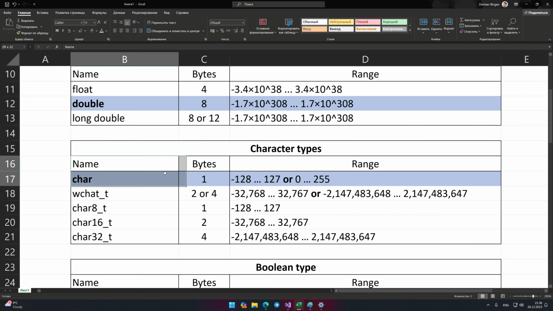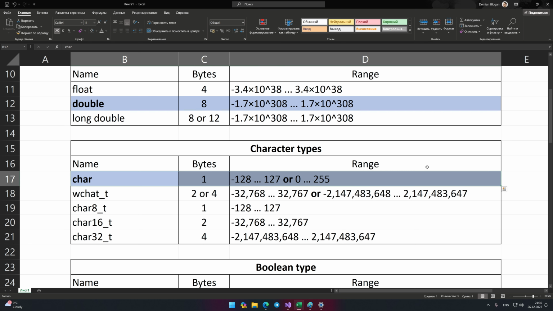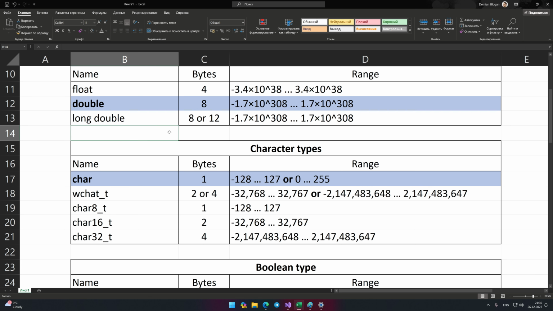Let's start from the first type, char. The word char is short for the word character, so it's char, not car, believe me. The char type is the most efficient type, as it takes up the least amount of space, only 1 byte. It's fully ASCII ready due to its range of values, so I'll be using it throughout the course.